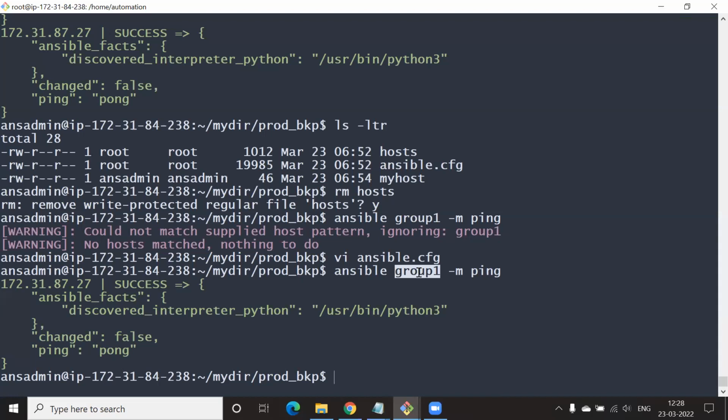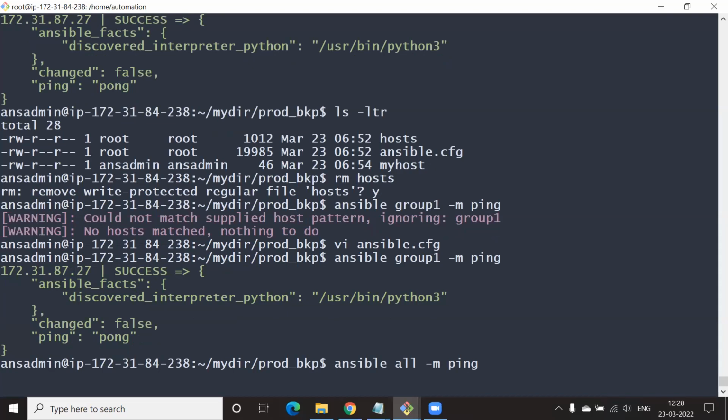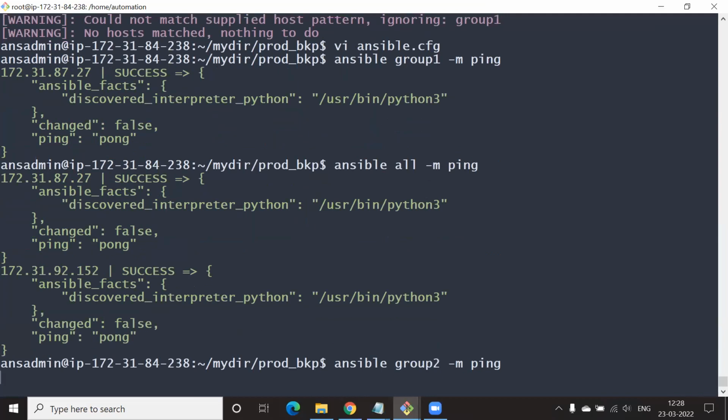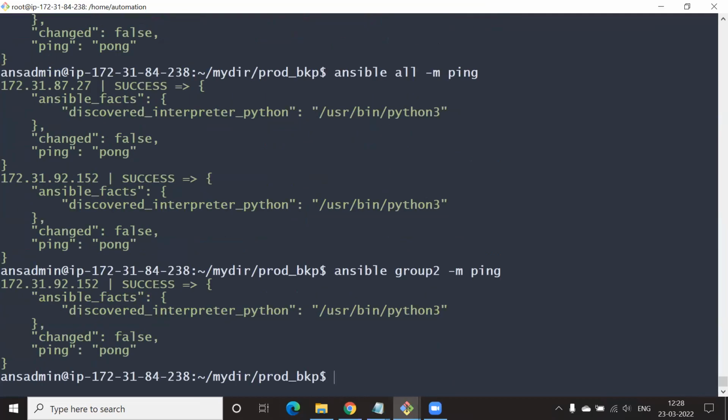Only 27 being in group1. Just go ahead and run ansible all, just to make sure that when groups are there, it picks up all the individual servers instead of the individual groups. Ping group2, please. It's pinging successfully. Okay, good.